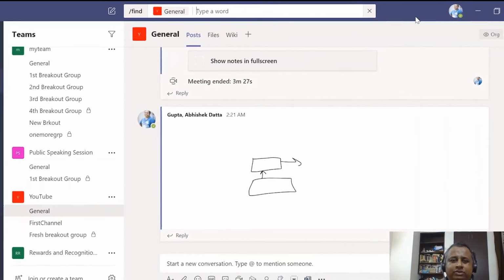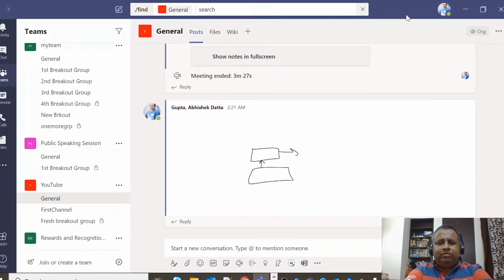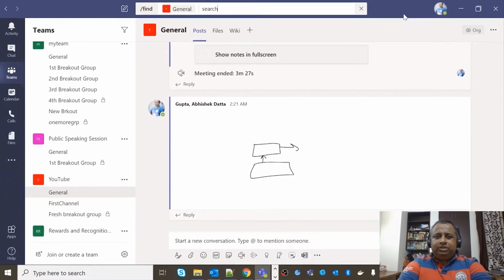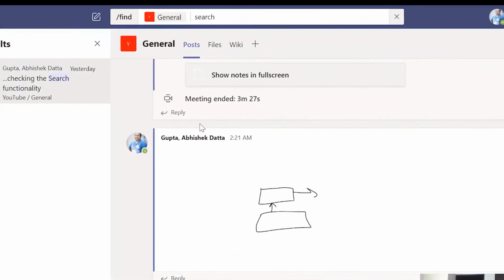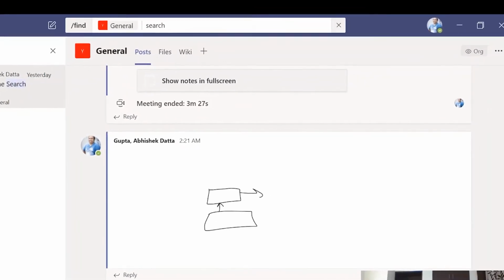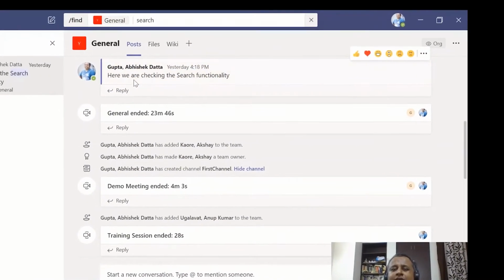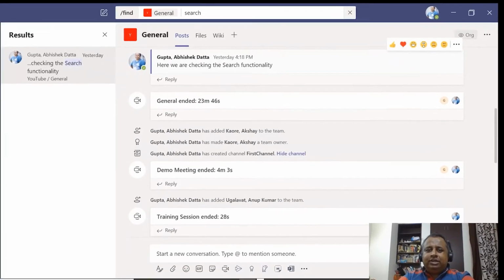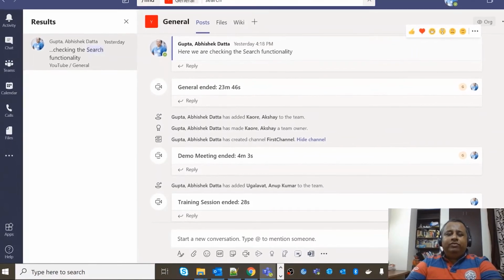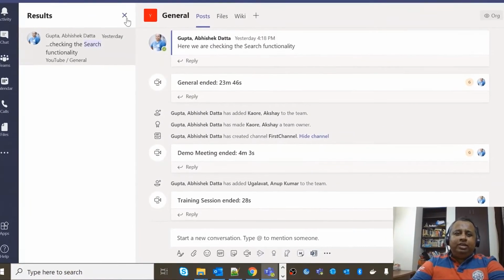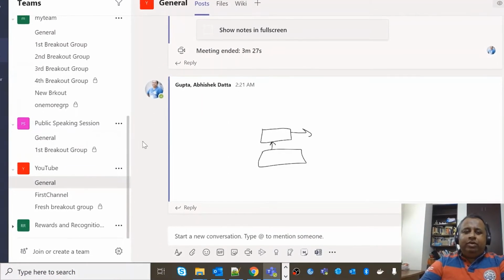And here I want to search a conversation that I had some time before. I just vaguely remember some words. It has something to do with search, and I click enter. Now, as I click enter, you see I get one direct result. And if I click here, it actually navigates and takes us back to that particular discussion. This will really save your time when you are searching for some kind of conversation in the Microsoft Teams. So this is the second tip I wanted to share with you.